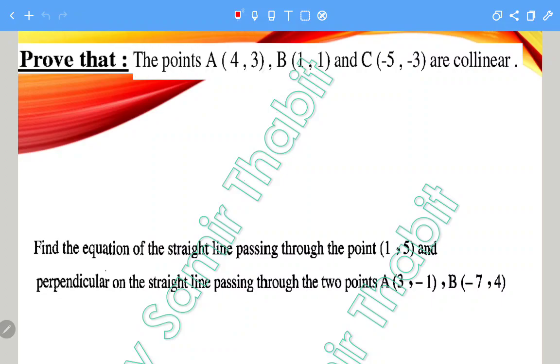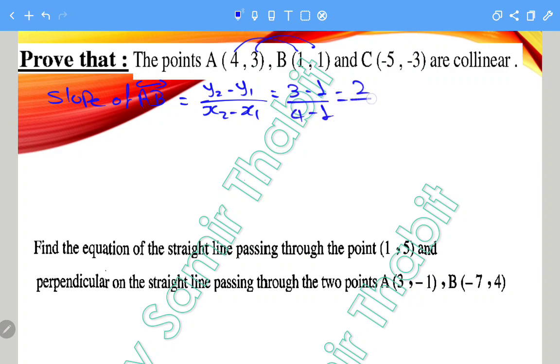Prove the points are collinear. So it's a too easy question. Slope of AB. It can be solved by distance, by the way. But slope of AB equals, straight line, y2 minus y1 over x2 minus x1. Here I have 3 minus 1 over 4 minus 1, it's 2 over